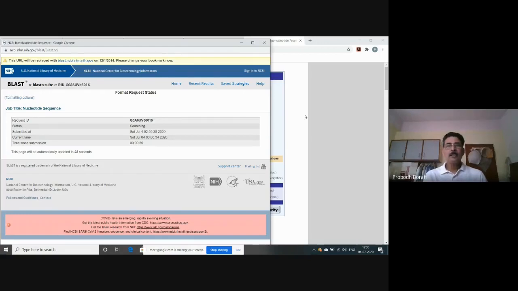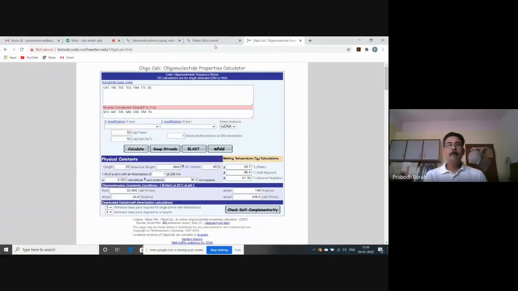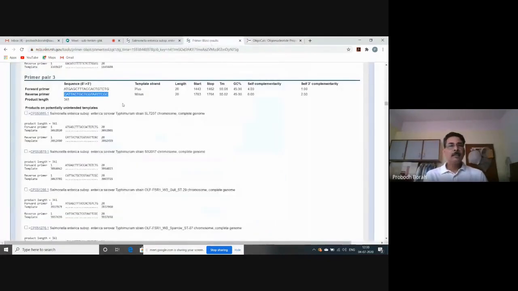Let us go back to our primer BLAST sequences. We have used OligoCalc for further testing the parameters of the primers, whether they have ideal properties or not. This is one way. But normally in bioinformatics, we do not trust only one particular online or offline tool for testing anything.